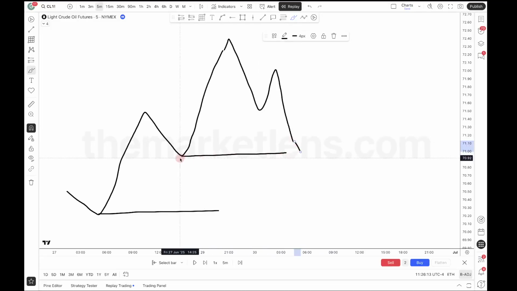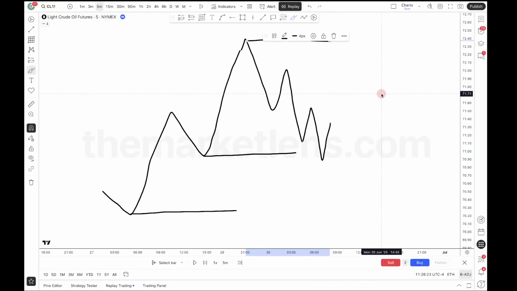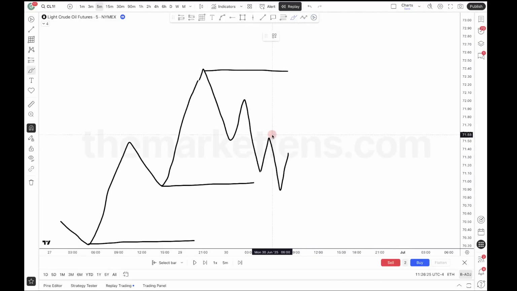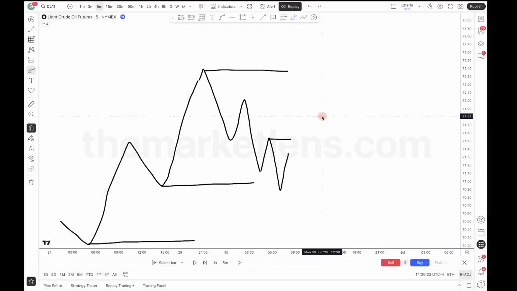So if you manipulate this level, for example, let me try to draw this a little bit better. Let's say you manipulate this level, and you want to get to here. So anything opposing to your overall drawn liquidity, like all these highs here, you want to see these get failed. You want to see a failure to manipulate these highs to get to your drawn liquidity. So what I mean by that is you want to see price displaced through these highs